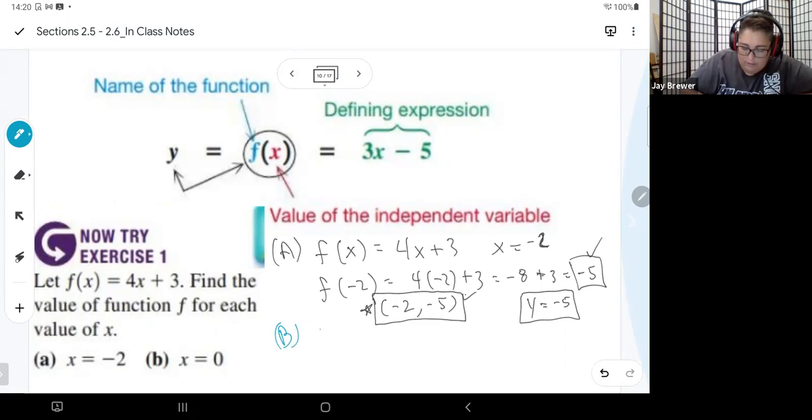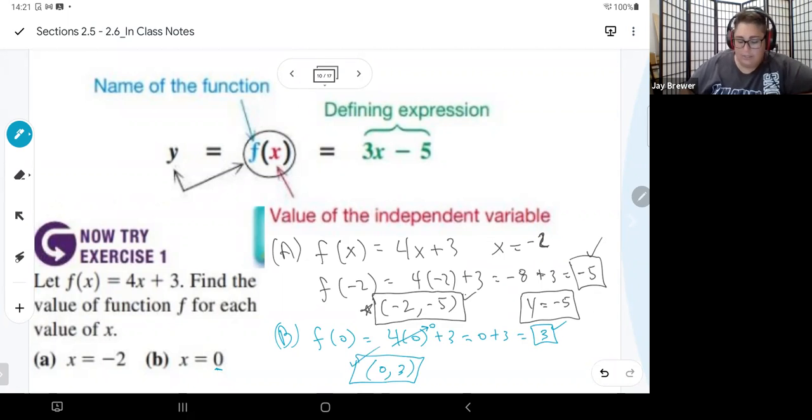Here we're going to do the same thing. We're replacing x with 0. So f of 0 equals 4 times 0 plus 3. The 4 times 0 cancels out, so 0 plus 3 equals 3. Again, you could write it as a point, (0, 3). We know that's actually the y-intercept. But again, I would prefer it as a point on the test. Pearson could ask for y equals 3,